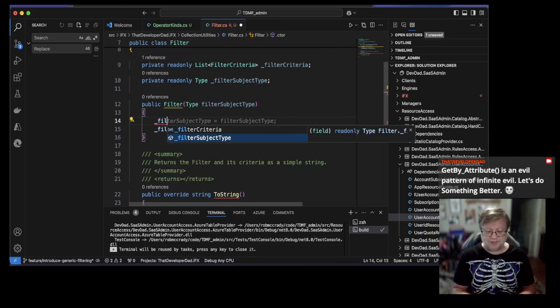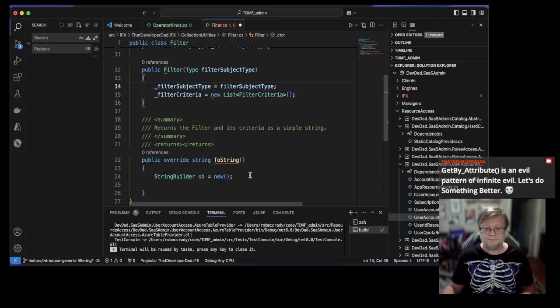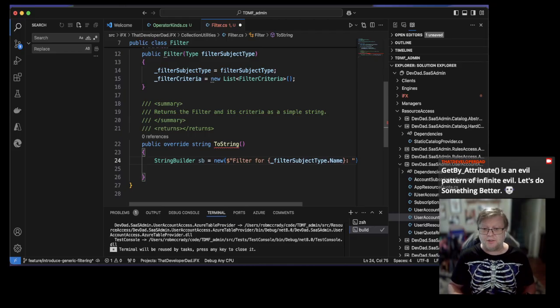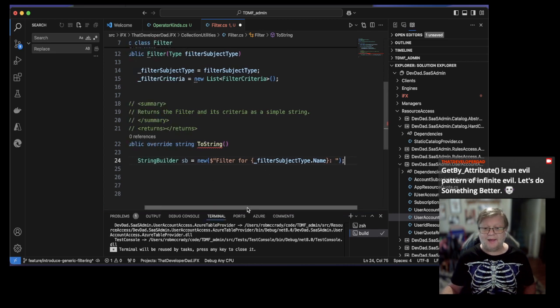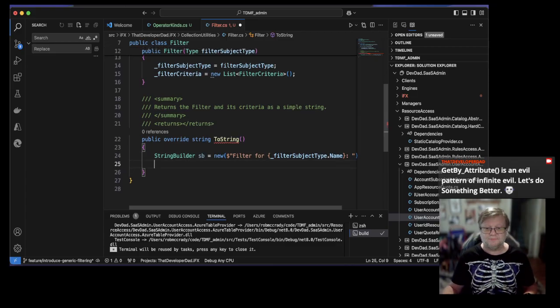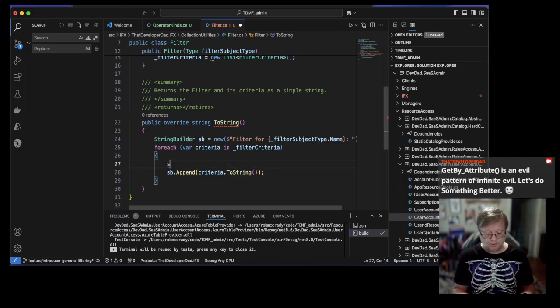we have to assign filter subject type. Do a little bit of interpolation magic. Filter for filter subject name. And then for each sb.Append criteria.ToString, I'm not going to do that. I'm going to make a string criteria description equals,